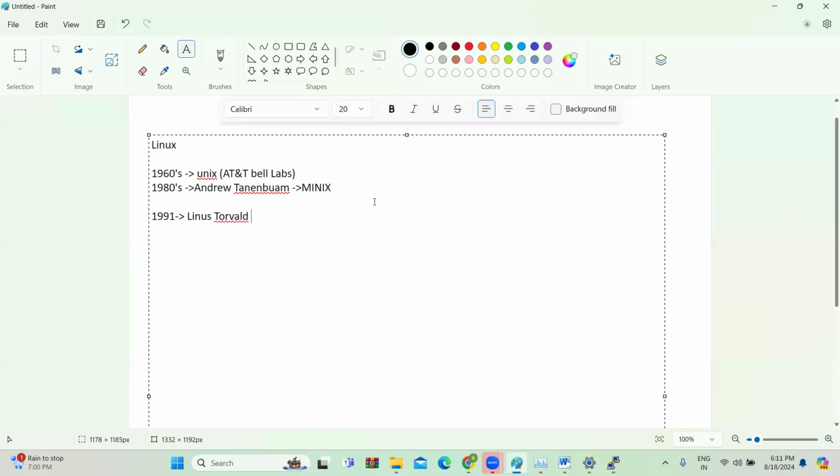He was a computer science student at a university, and he took inspiration from this Minix operating system. The problem in the 1990s was that there were other Unix and operating systems, but they were very costly. So he utilized,